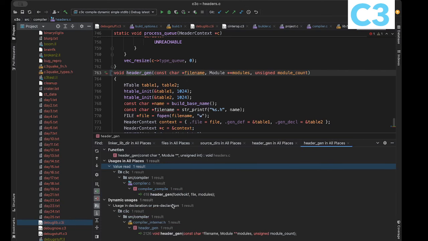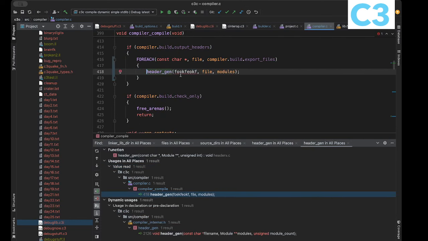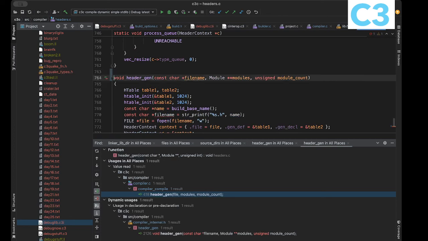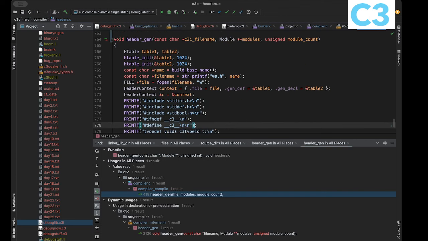So find usages. It's just here. So it's just going to be like the file, modules, and module count. And now it was up with the file name. Let's just call that c3i file name, right? And then we're going to generate a table just like before, but the name here is going to be like